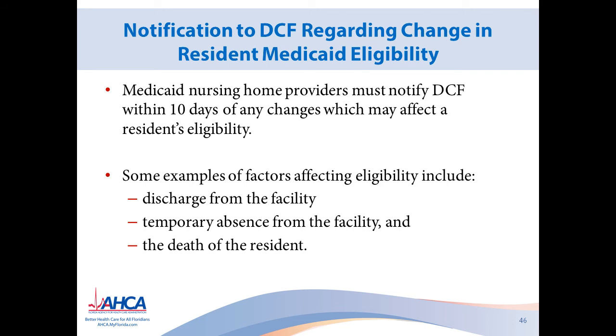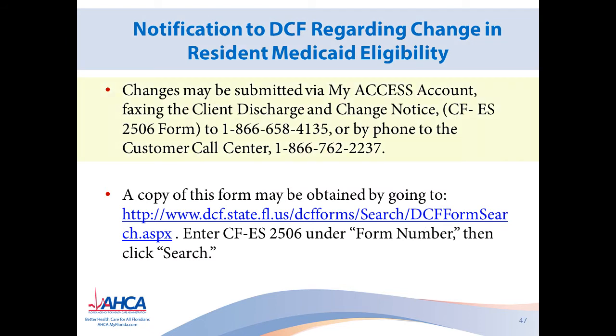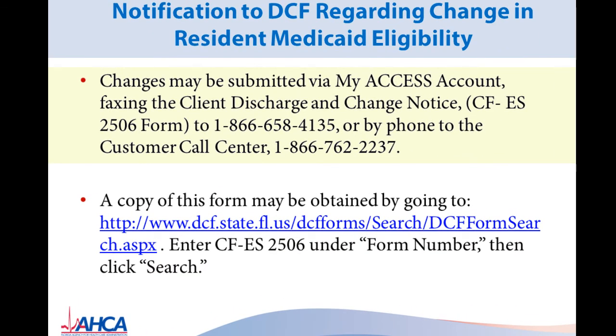change in a resident's Medicaid eligibility. Medicaid nursing home providers must notify DCF within 10 days of any changes which may affect a resident's eligibility, and some examples of factors affecting eligibility include discharge from the facility, temporary absence from the facility, and the death of the resident. Changes may be submitted via My Access account, faxing the client discharge and change notice form, which is Form CF-ES 2506, to 1-866-658-4135, or by phone to the Customer Call Center at 1-866-762-2237. A copy of this form may be obtained by going to